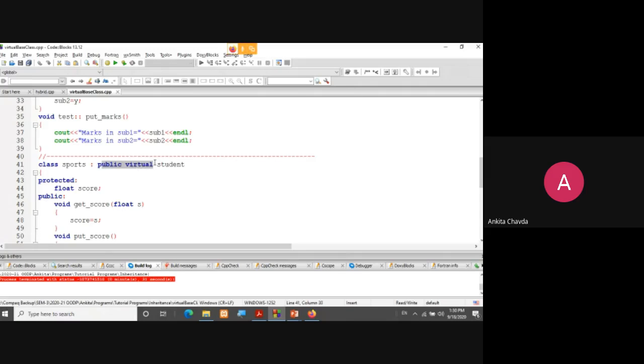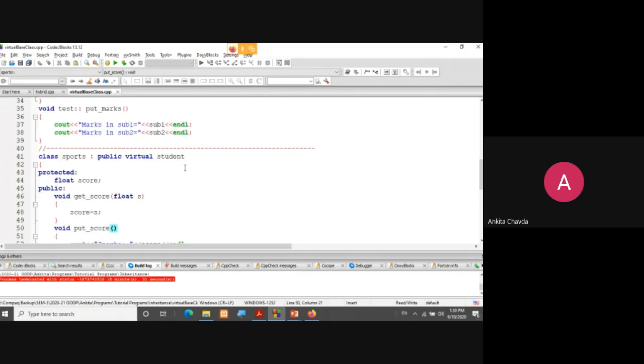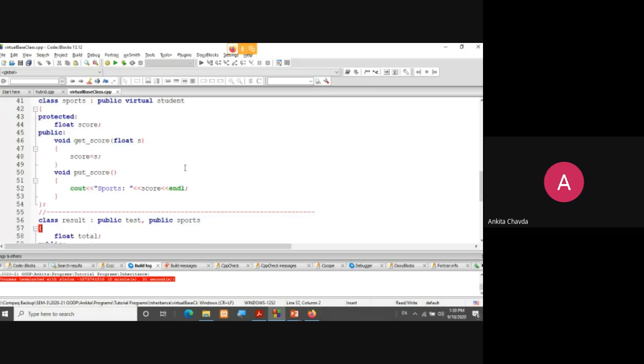So public virtual, or you can write virtual public; you can change the order. And finally, score and everything will remain the same. Here also it will remain the same, like class result is derived from public test and public sports.